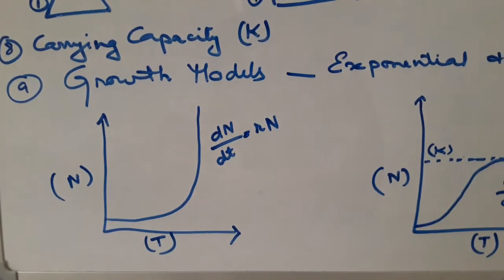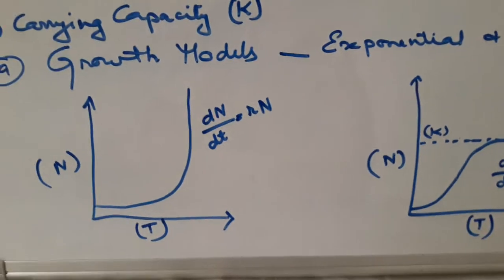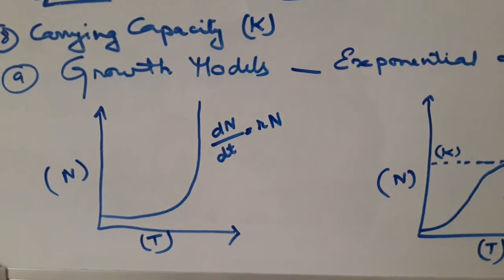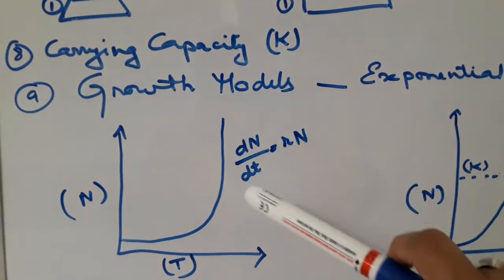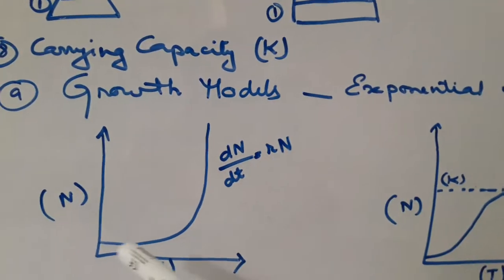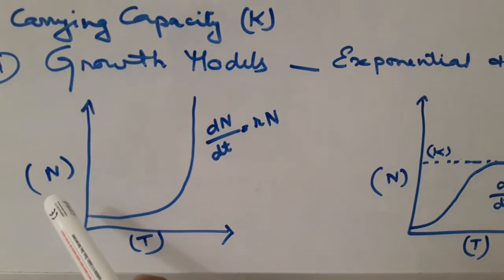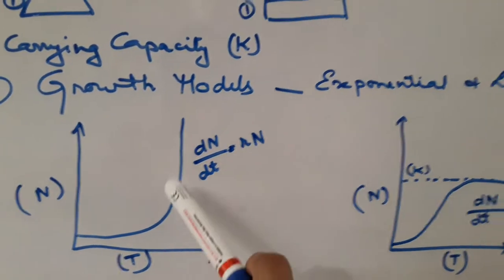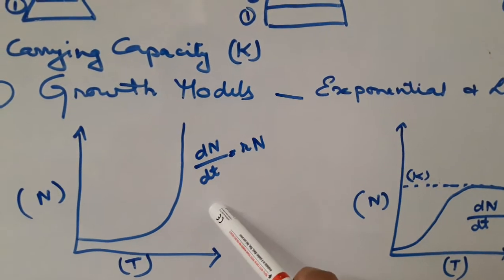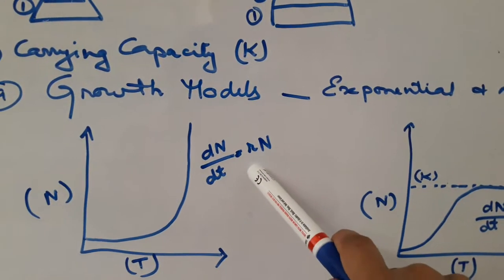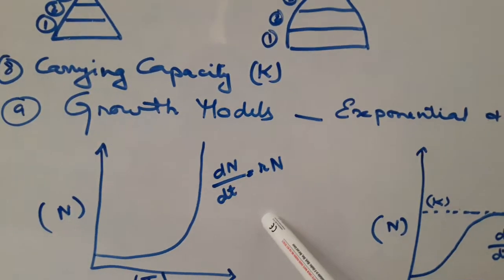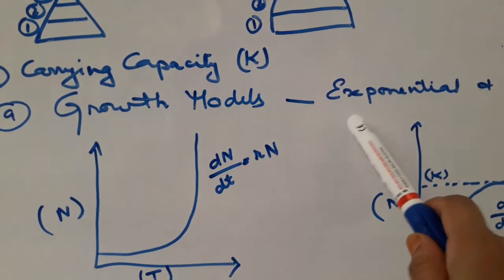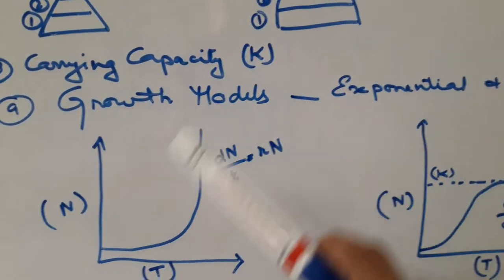So based on the availability of food and resources in a particular area, the population growth can be exponential. That is, it grows rapidly, and this is denoted by a J-shaped curve. Here N is the number of individuals, t is the time taken, and the formula given is dN/dt equal to rN. r is the rate of intrinsic growth, N is the number of individuals, and this is the formula for the exponential growth. Always remember, exponential means growth is very rapid, continuously growing and growing.